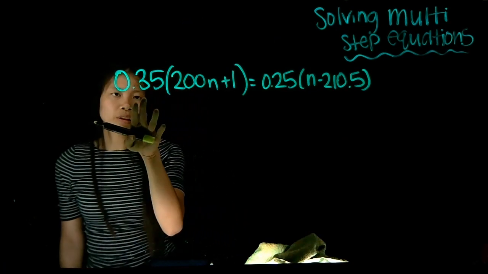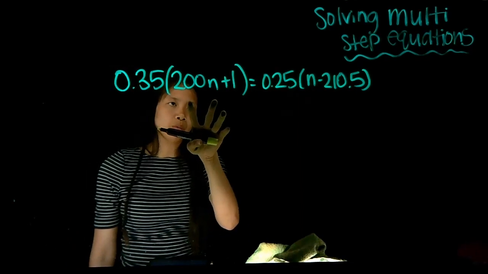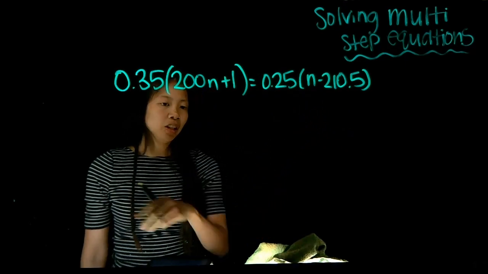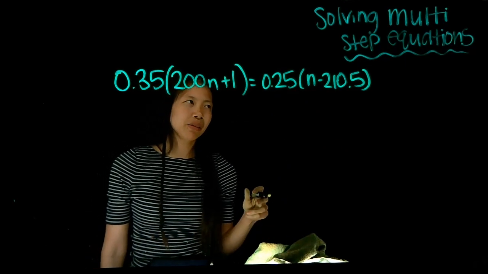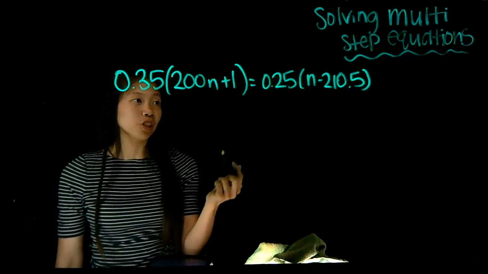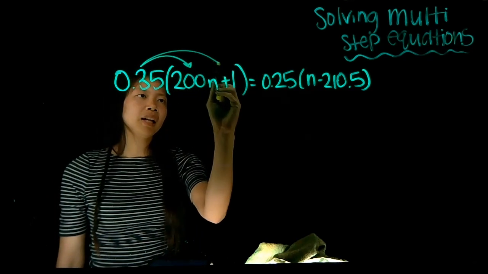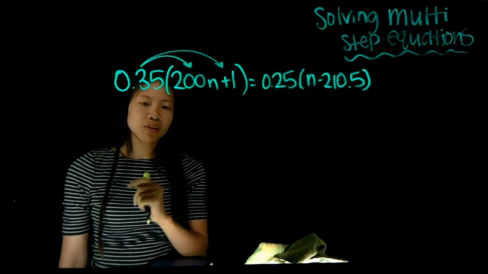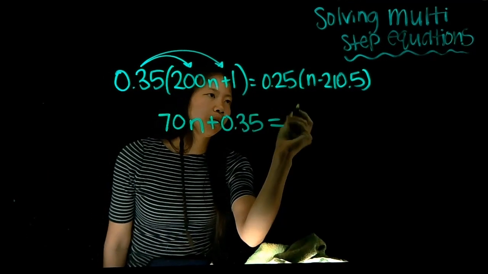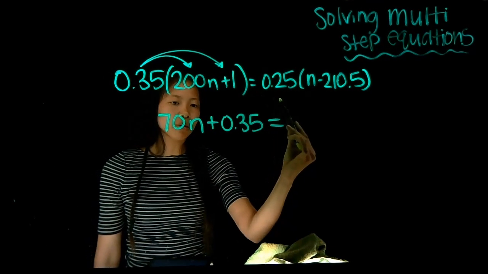All right, let's check out this example here. We got 0.35 times the quantity 200n plus 1 equals 0.25 times the quantity n minus 210.5. Looks kind of crazy, but now that we have some new tools under our belt, we are able to work with this equation. Remember, we talked about the distributive property. I can multiply this here and this here. 0.35 times 200 is 70n. 0.35 times 1 is just 0.35 equals,